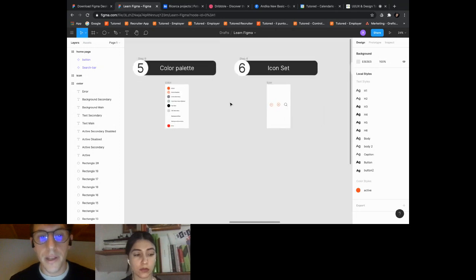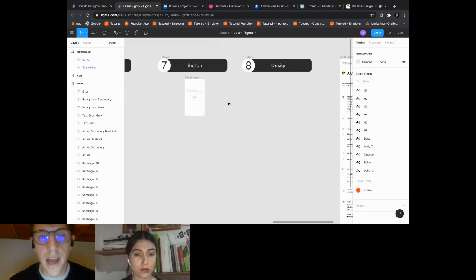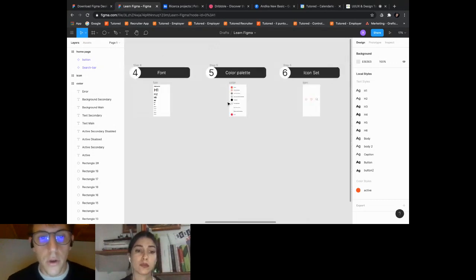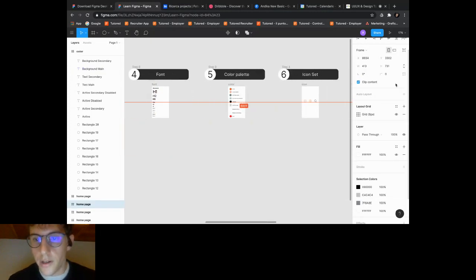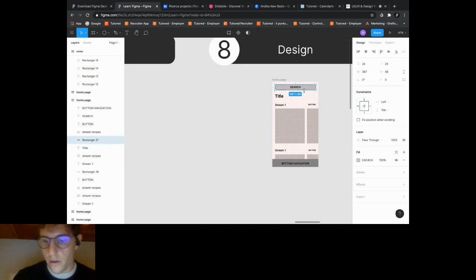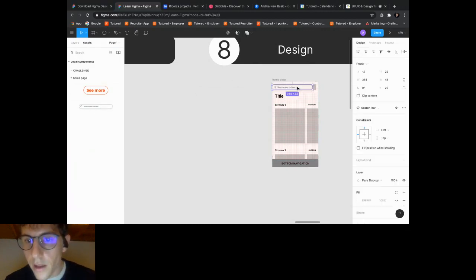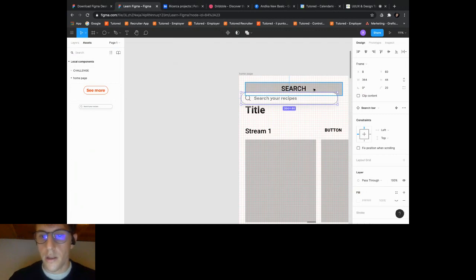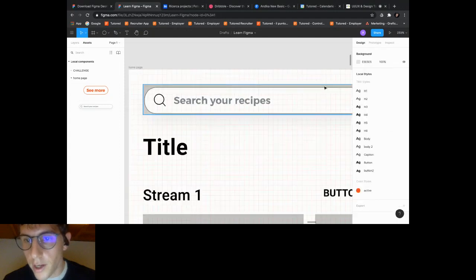So the last step is just compose our design with what we have created. So we have our layout, and we just have to drag our components here, and it's more simple, and quick, and organized.